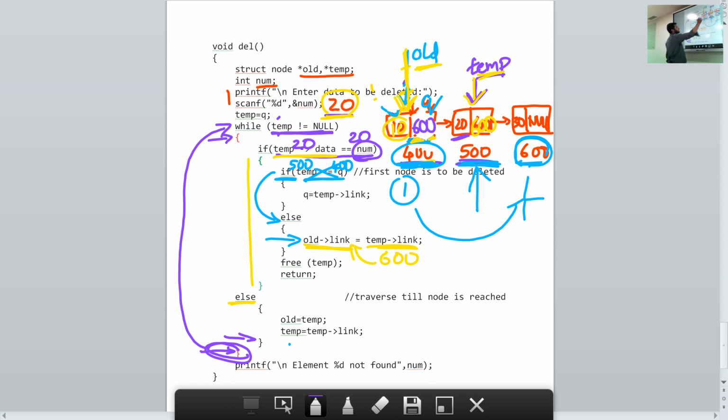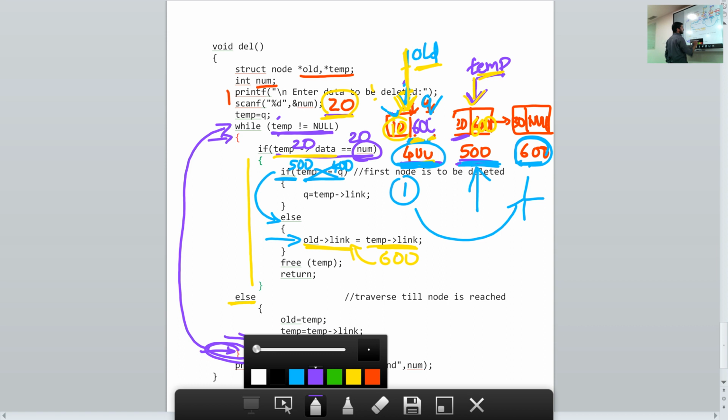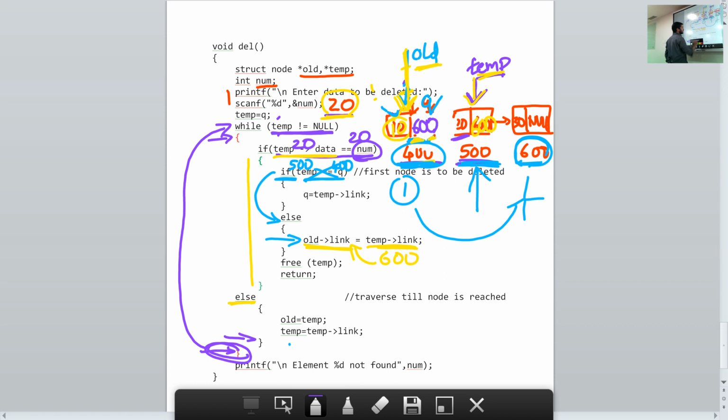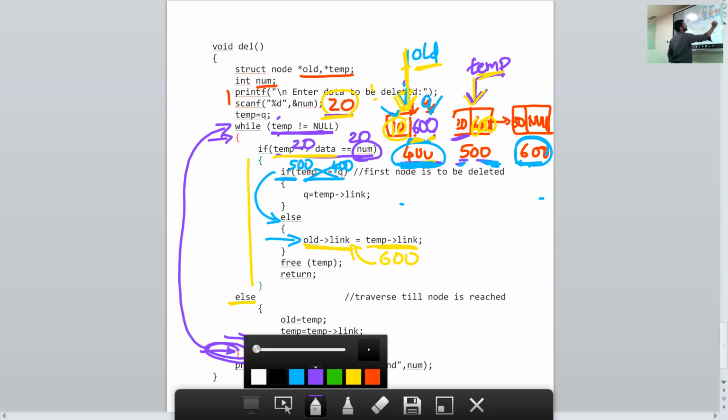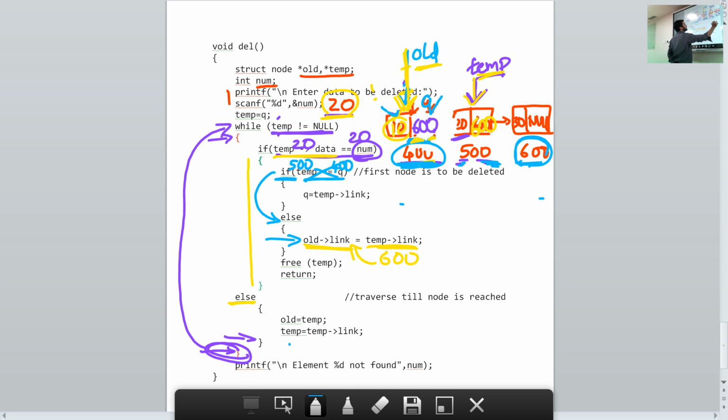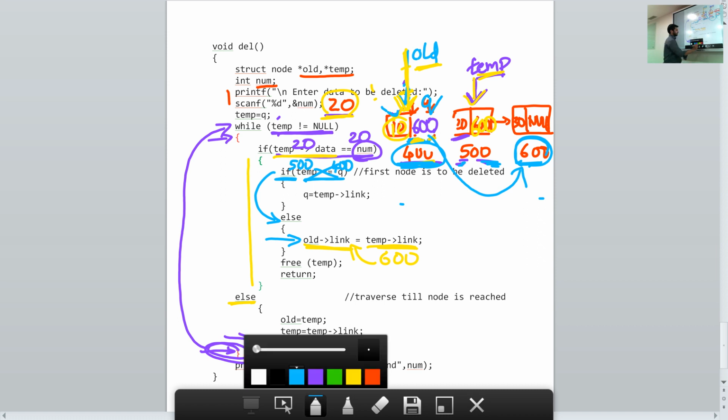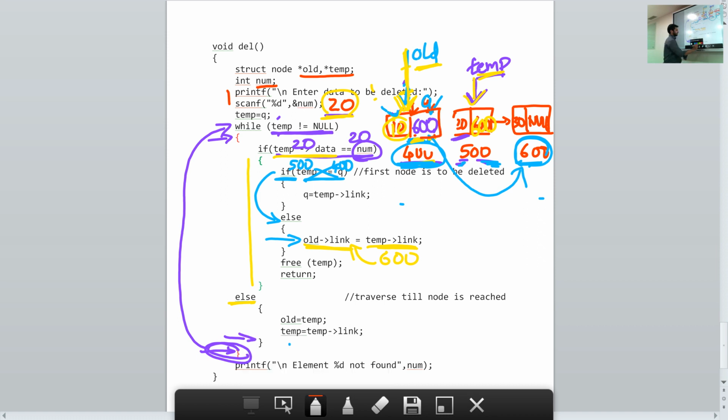So when it becomes 600, that means it will no longer point here to the second node, but it will point to the node with the address 600. Okay? It will point to the node with the address 600.